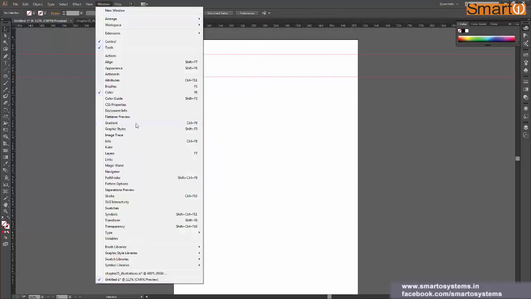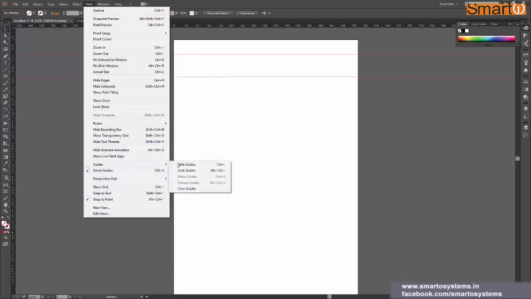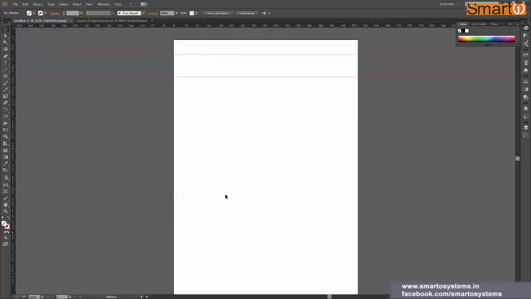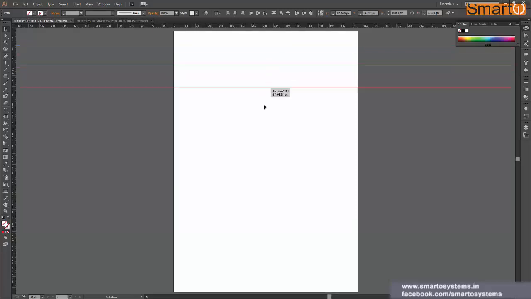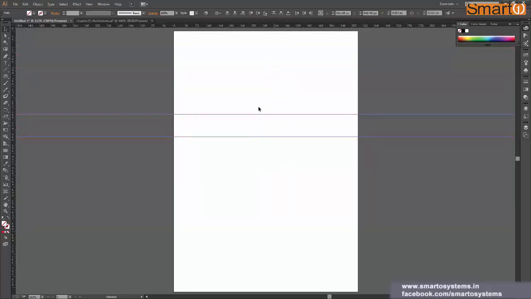I think it's still locked. So View, Guides, and okay, it's unlocked from here, but I have to press Ctrl Alt 2. Okay, so here is where it gets confusing, because if you are using two options at a time, let's say, what I just did, I locked it from here by pressing Ctrl 2. I selected these two guides, and actually let me take one more guide so it will be much clearer to you guys. So I selected these two guides and pressed Ctrl 2, and these two guides are locked now.